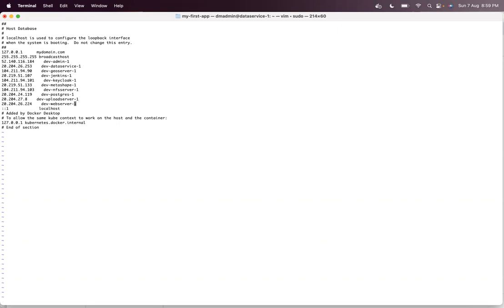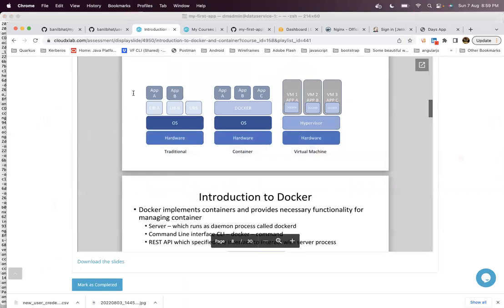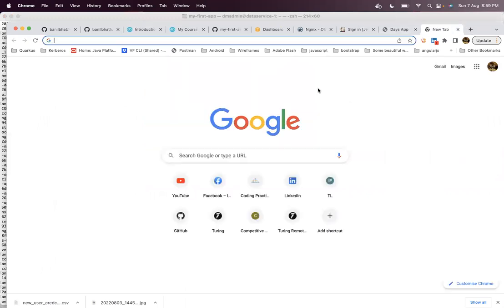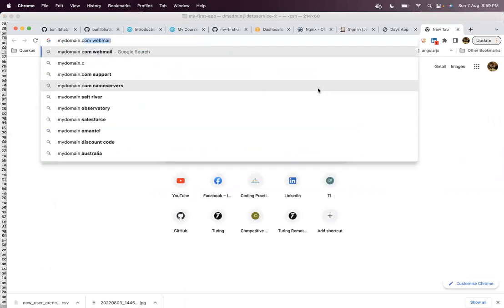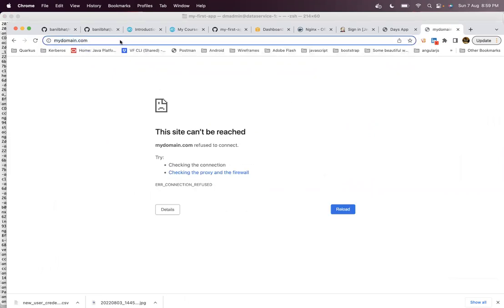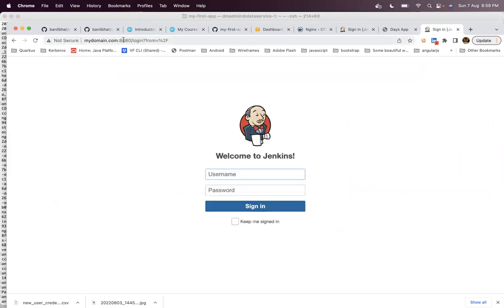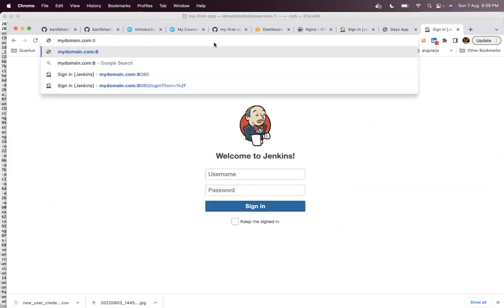It should work. Let me see if it works. I have mapped 127.0.0.1 to mydomain.com. So mydomain.com:8080, right? Okay. No.